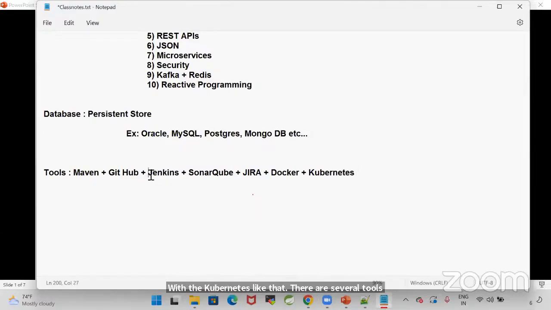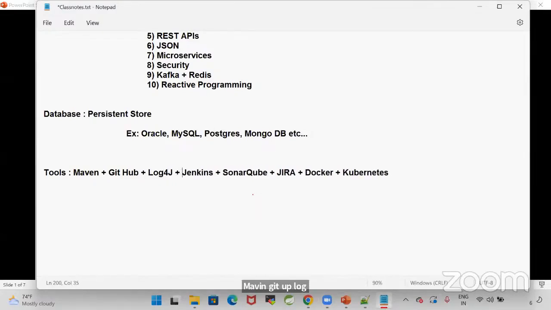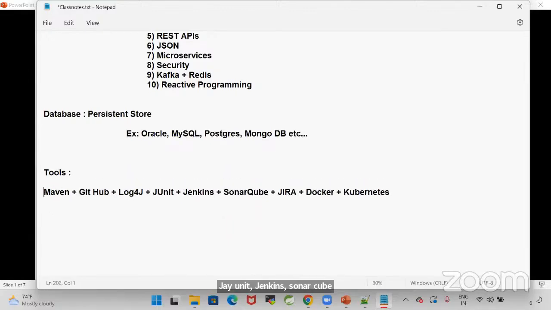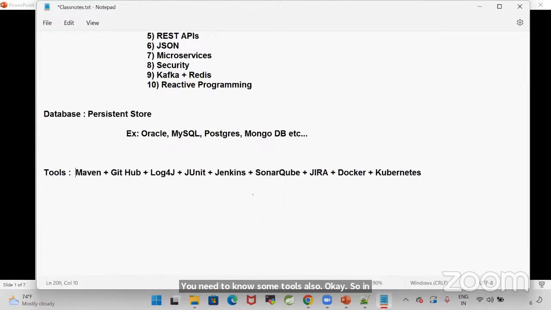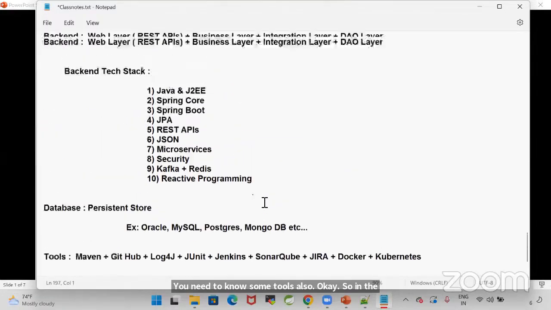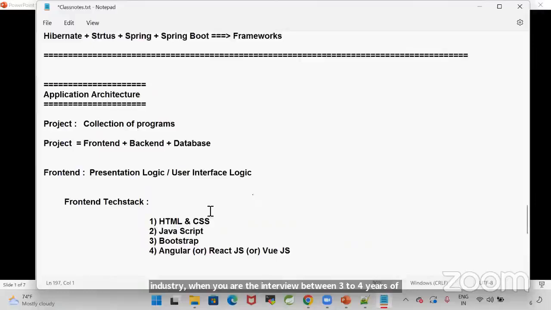Maven, GitHub, Log4j, logging, how we are going to implement logging, and JUnit, which is very, very important for us. JUnit, Jenkins, SonarQube, Jira, Docker, Kubernetes. Like this, you need to know some tools also. Okay. So in the industry, when you attend the interview with 3 to 4 years of experience, this is what they are expecting from the people.